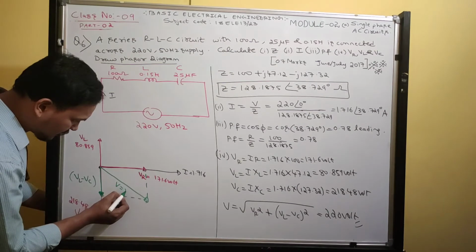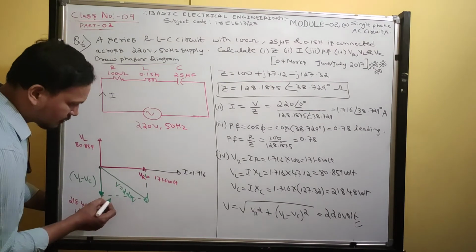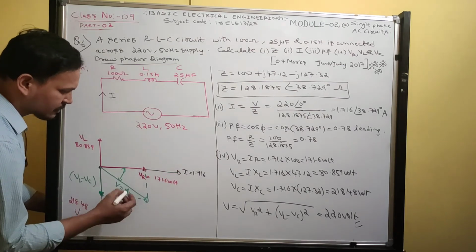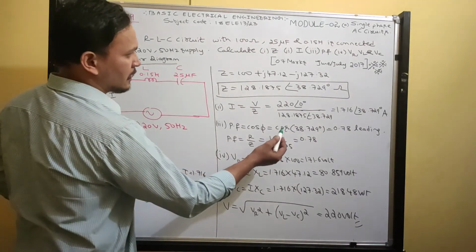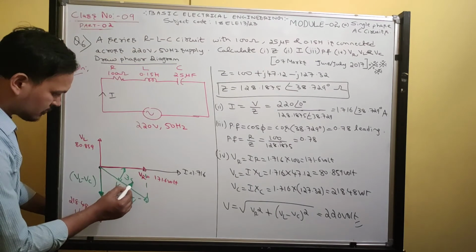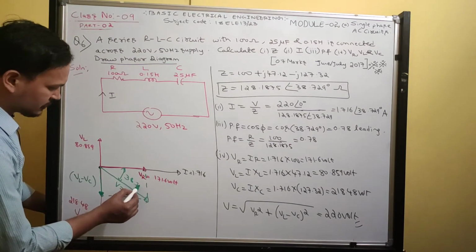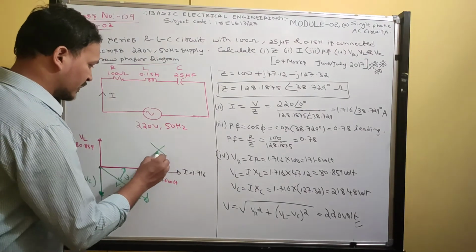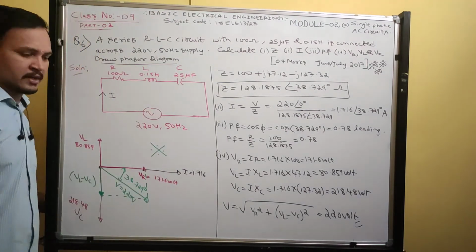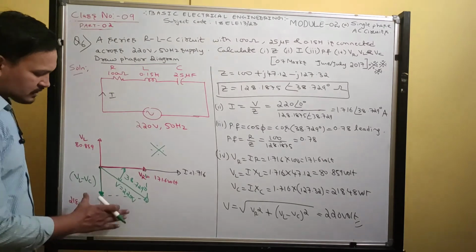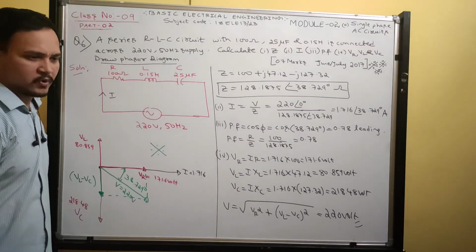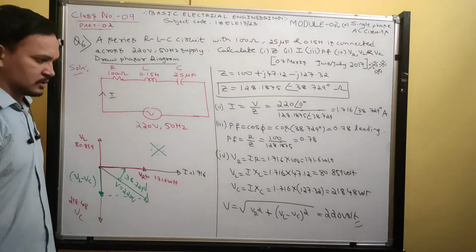What is this voltage we got? 220 volt. So what is the angle between them? Angle between voltage and current is how much? 30. What is that angle? 38.729 degrees. Understood, guys? Phasor diagram is very much important. Same phasor diagram, you can write it by taking voltage as reference. Like that also you can write it.